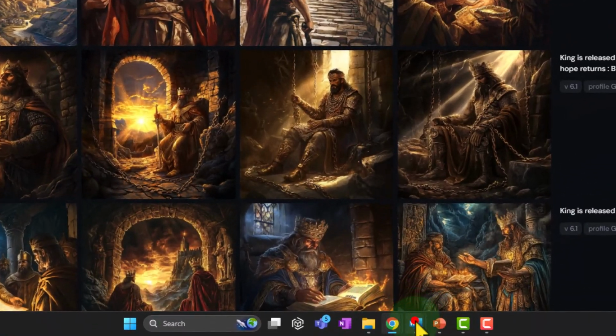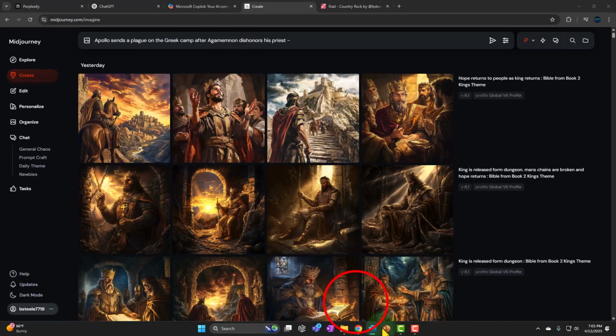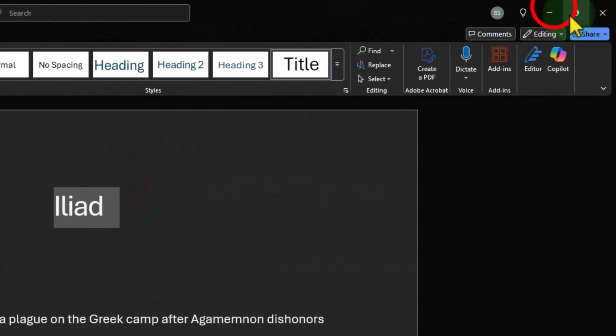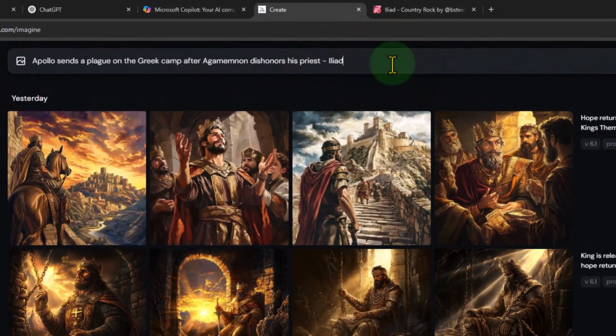Iliad, which I keep spelling wrong, so I'll copy it over here if I could copy it. So I'm going to say it comes from the Iliad Book 1 theme. So I'm always going to say it's the Iliad Book 1 theme, so hopefully this AI has that information in it. Now, it's less likely that the image AI has all the information from the